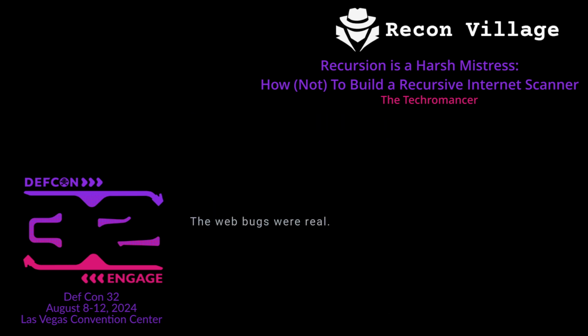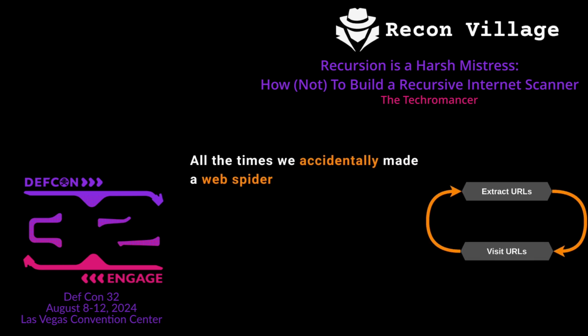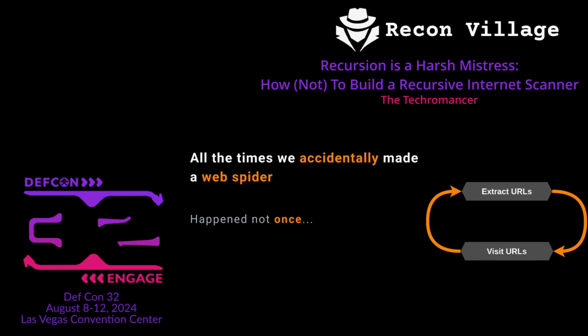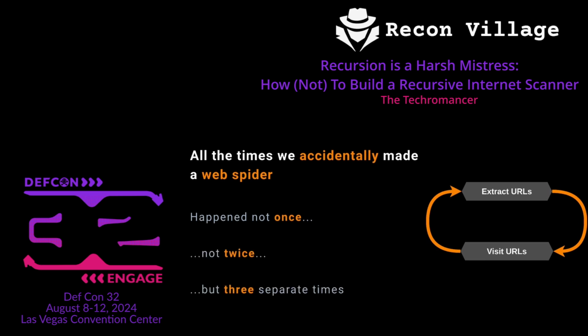So yeah, the web bugs were real. There were actually 3 separate times that we accidentally made a web spider. This may seem silly, but it was a real problem, and the reason is because when you have a recursive tool,